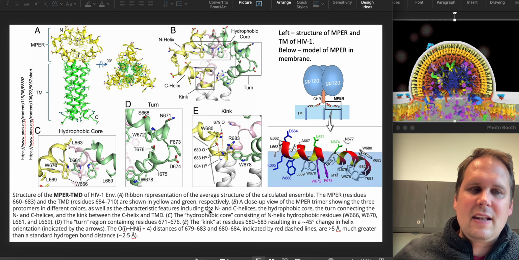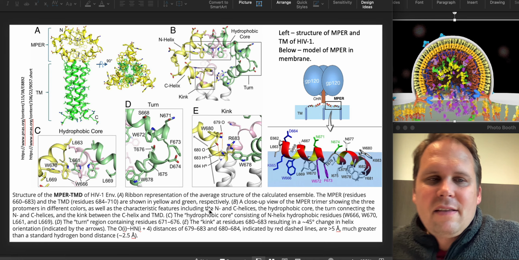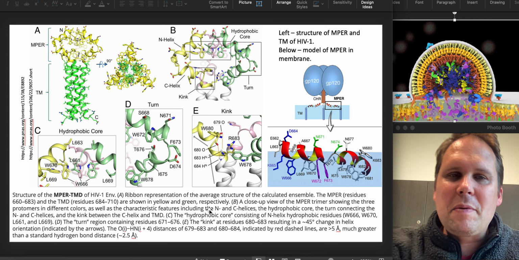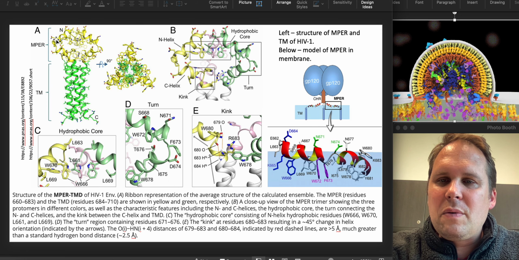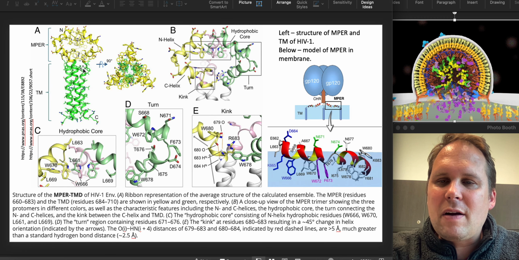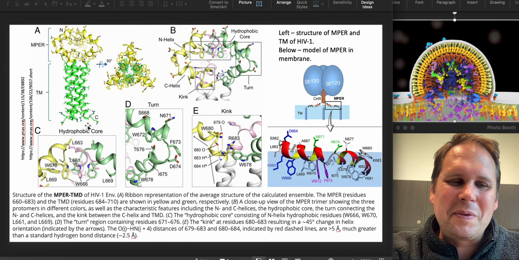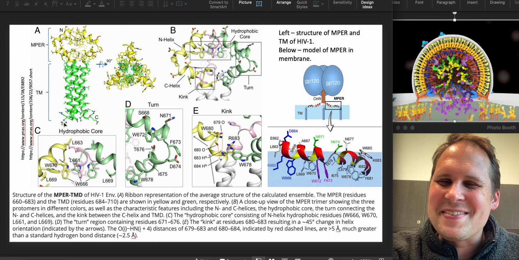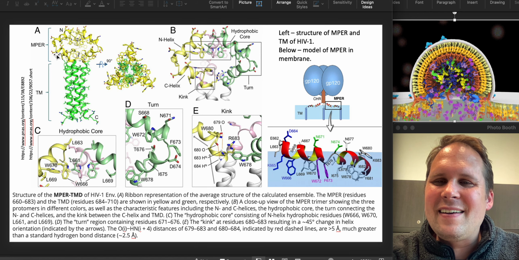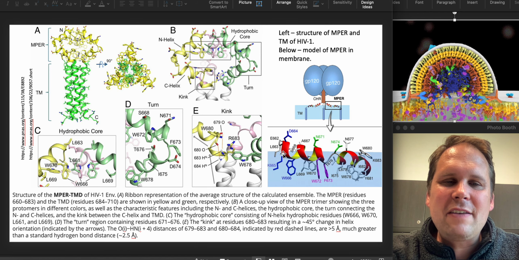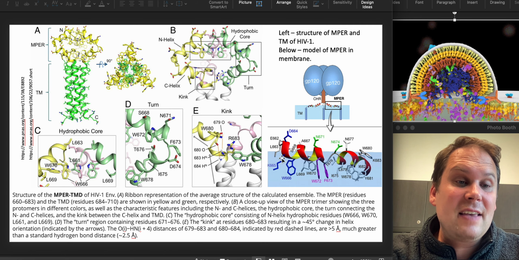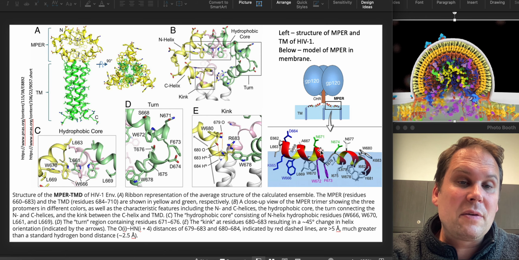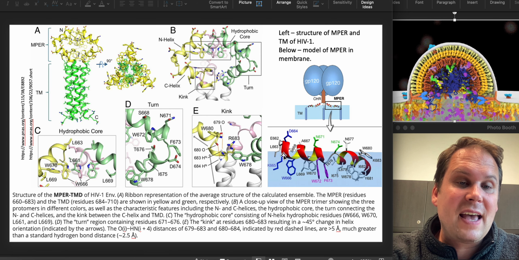Okay, and I think this is the last part that we're going to look at in detail. So down toward the tail, remember we had that MPER. And here it is, membrane proximal, I don't remember what the ER stands for. You'll have it in your notes. This is going to actually be an amphipathic helix as well. And so it can sit in a membrane. And so this is from a different paper where they actually test that.